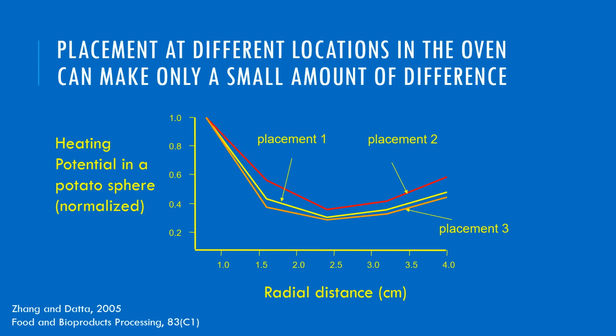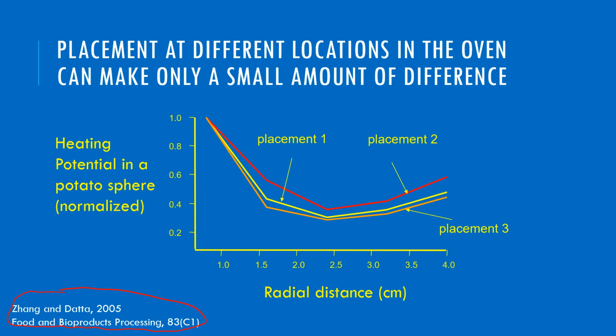So here is an attempt to try to answer this placement effect inside the oven by doing an electromagnetic simulation of an oven-food system, the details of which you can see in this research paper. But it's from that electromagnetic simulation that we are trying to show what the placement effects are,